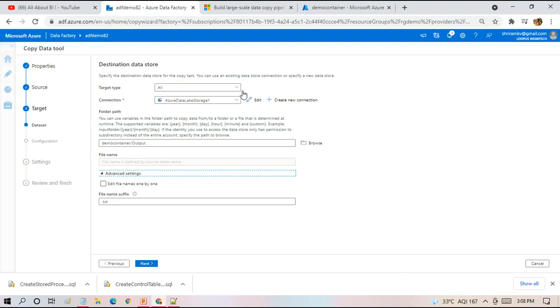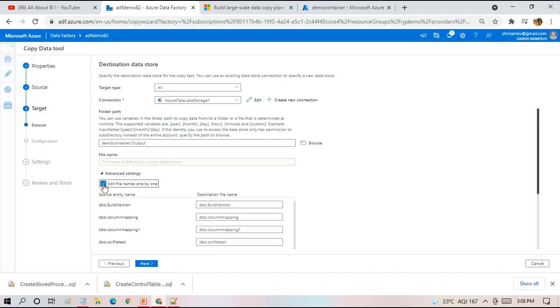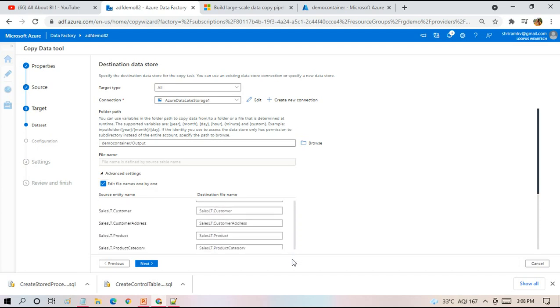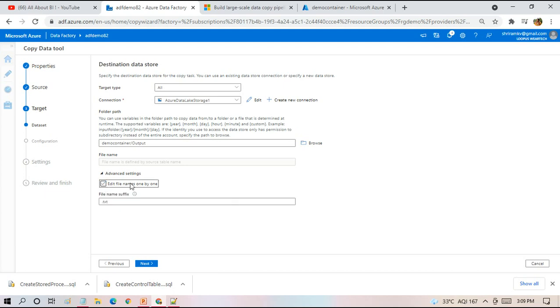In case you need to change the file name that is going to be generated, we can make use of this option. As you can see, the destination file name is going to be the same as the source entity name, which is nothing but the source table name.